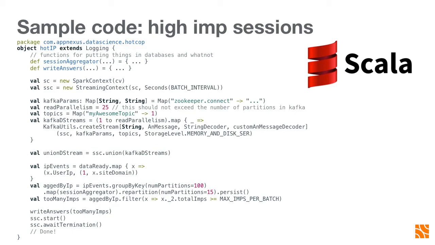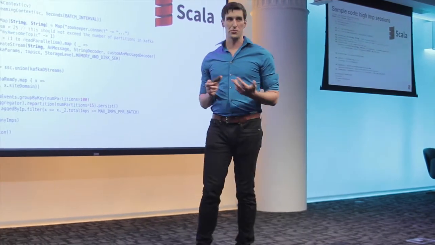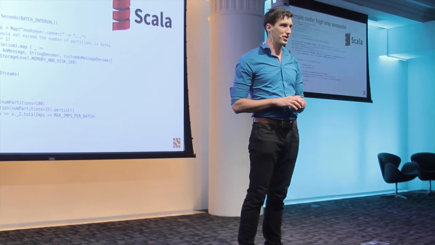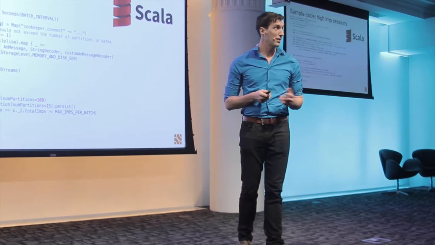And then I connect to Kafka. That's the next 4 lines. And then I join things together. Then I just add up and count the number of IP addresses, look at the number of impressions, and look at the number of domains. And that's it. One of the things we really like about this is that it's just so simple. As a data scientist, I can sit here and write this code very quickly and just run it. So it's great.